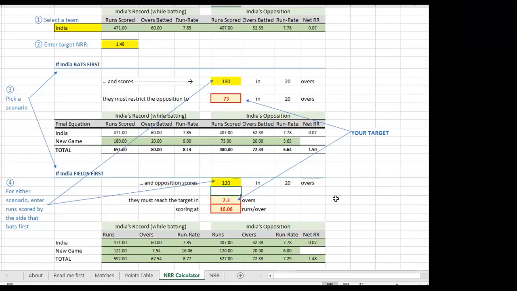Now the target becomes a lot more attainable: they need to score 120 runs in 7.3 overs, at the rate of 16.06 runs an over. Certainly a much more manageable task, given that every player who goes in to bat will just be there to throw the bat at anything and everything, hitting multiple boundaries in every over to get to this target within 7.3 overs.